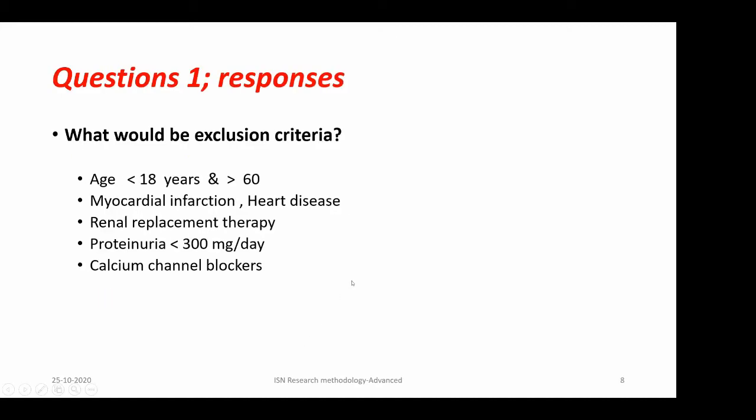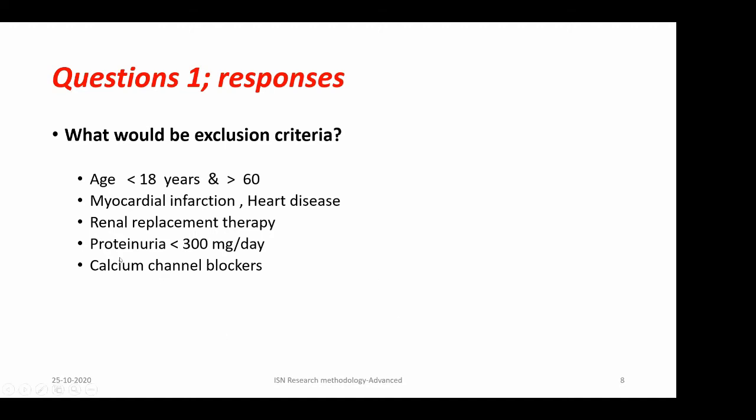Then again, these were the exclusion criteria. These were the responses I got. So obviously, at this point, we have made a decision that we are going to do the study in those patients who are having a reasonably good GFR, eGFR of more than 60 ml, and proteinuria of more than 300 milligram per day. Then the age cutoff also we have discussed. Probably we will keep a lower cutoff, but not an upper cutoff.